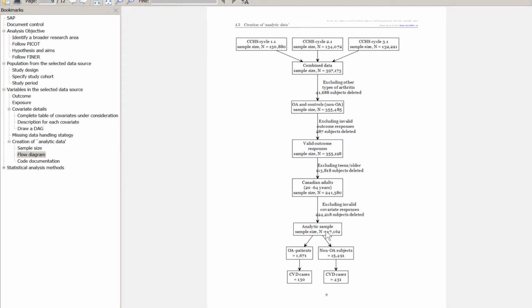And then I divided that with respect to the exposures. So these are the exposure number, these are the non-exposure number, and then I have listed among the exposure people how many of them had the outcome, and among the non-exposure people how many had the outcome. So this is a very detailed flow chart where you can see all of the exclusion criteria, what are the sample sizes at each step,